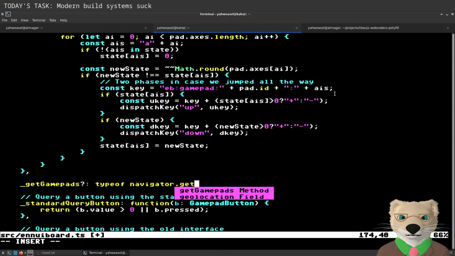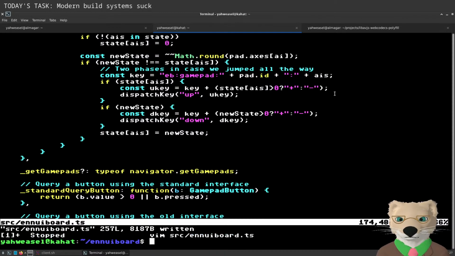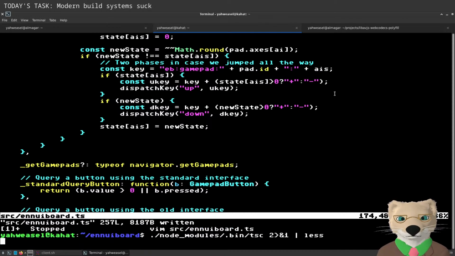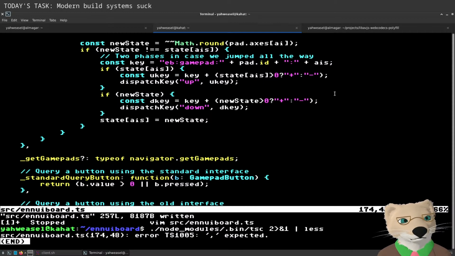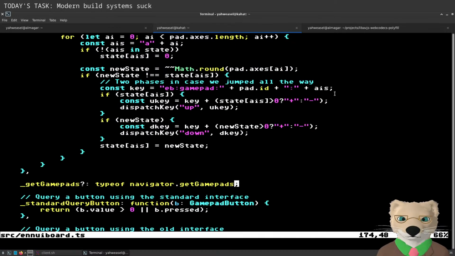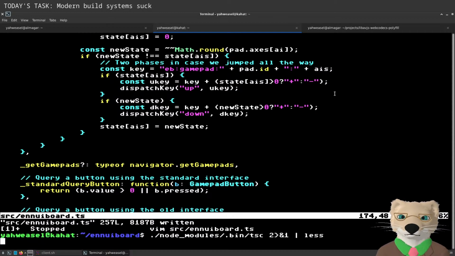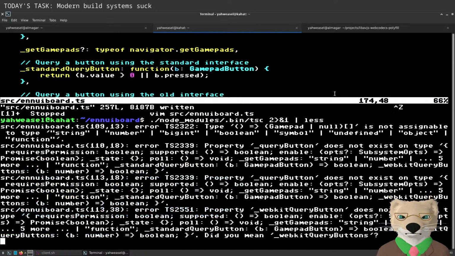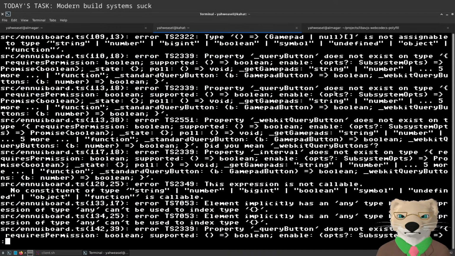Type of navigator dot get gamepads. What?